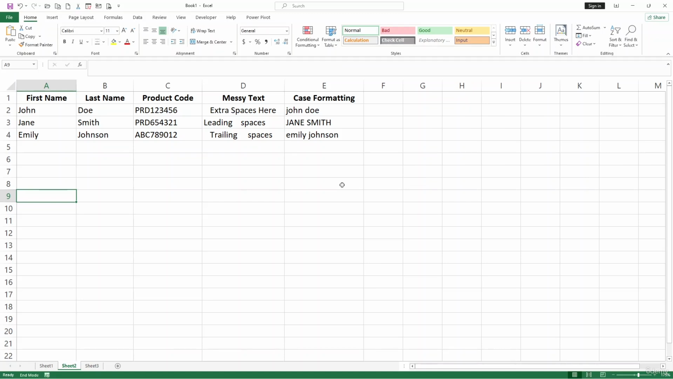First up, let's explore the text functions. These are incredibly useful when working with text data like names, addresses, or product codes. Whether you are cleaning up messy data or transforming it for better analysis, text functions can save you hours of manual work. So let's say you have a first name in column A